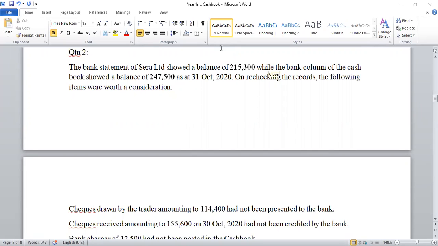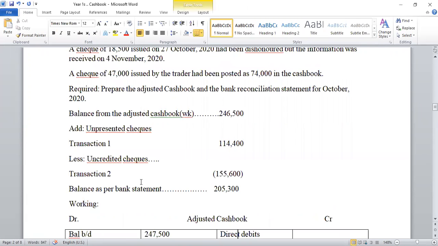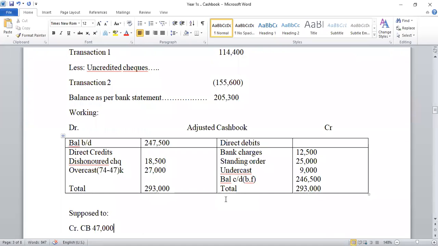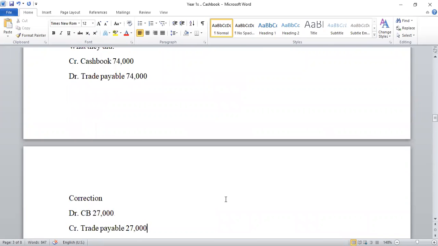Okay. So guys, that is how we do bank reconciliation. I don't know why I've not gotten the same figure. It's supposed to be the same as the balance as per the bank statement, this one here. I hope I didn't make errors in adding here. By the way, that's the technique, guys.